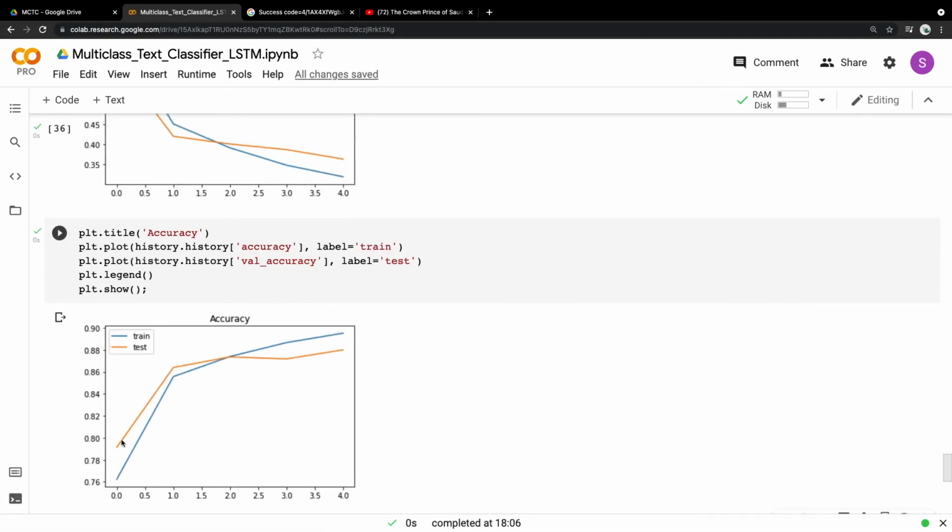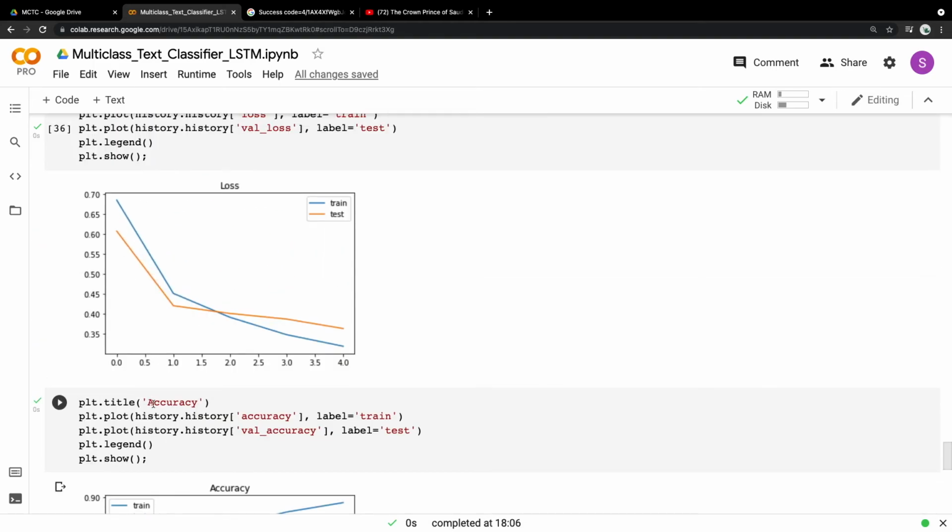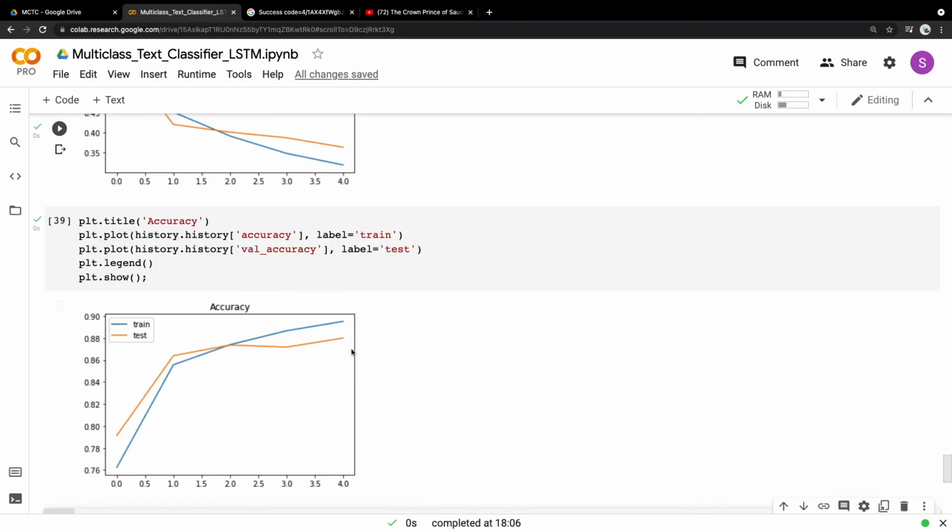So here we see the accuracy for the training and testing part, and with the number of epochs, we see that the accuracy in both training and testing goes on increasing. So this should be the ideal case, that loss should be going down and the accuracy should be always increasing.